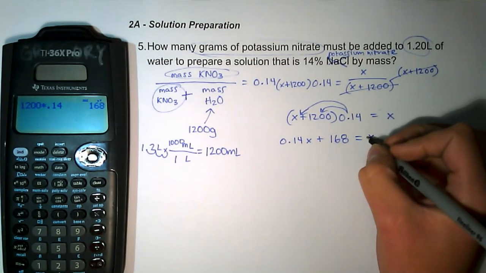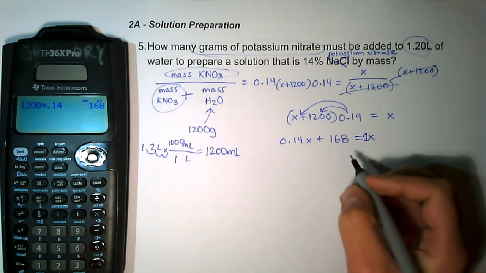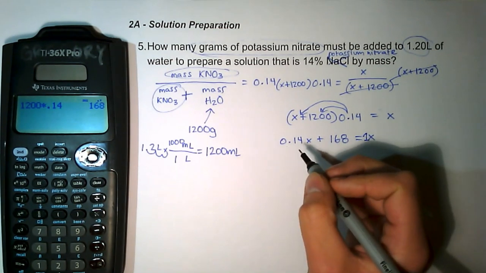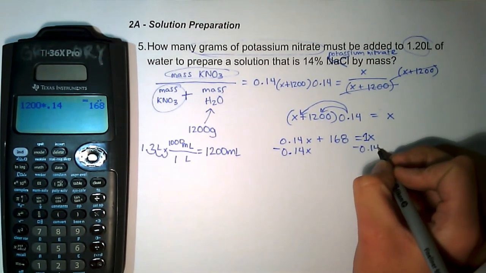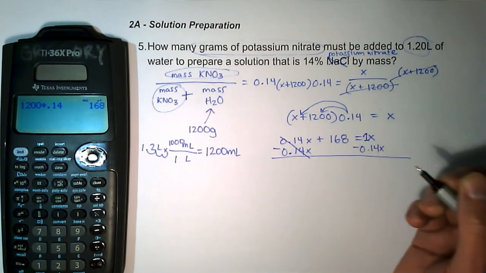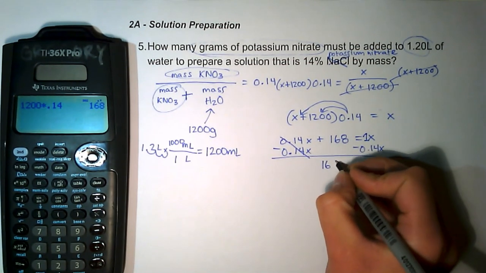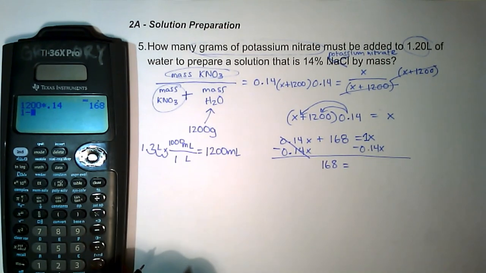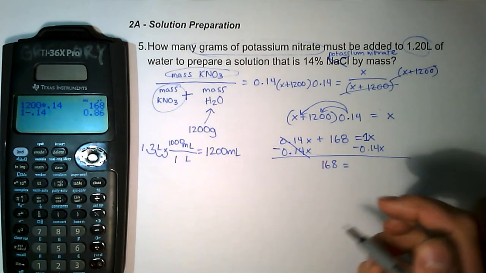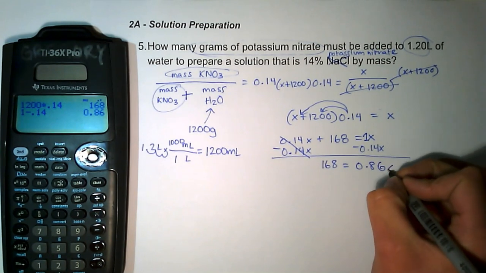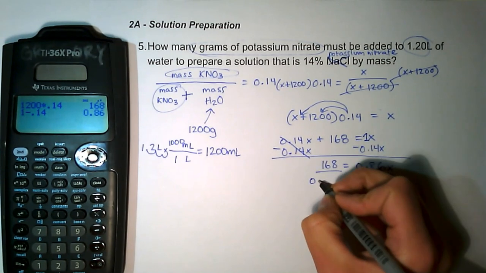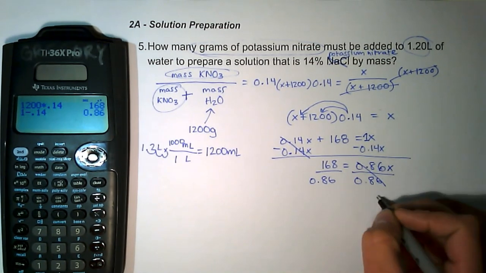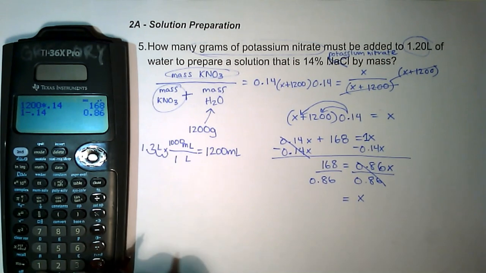We know that this, since there's no coefficient, there is a 1 that's implied, so 1x. So we're going to combine our like terms and subtract 0.14x on both sides. So then those cancel out. We get 168 equals 1 minus 0.14, 0.86x. Then finally we divide by 0.86 on both sides, and we get x equals 168 divided by 0.86, which is